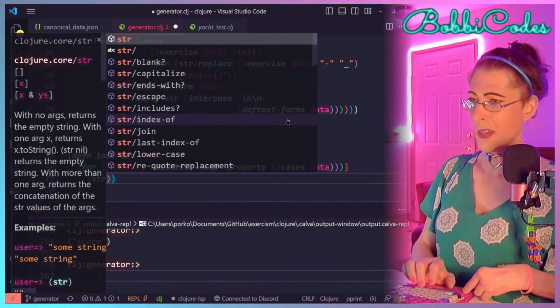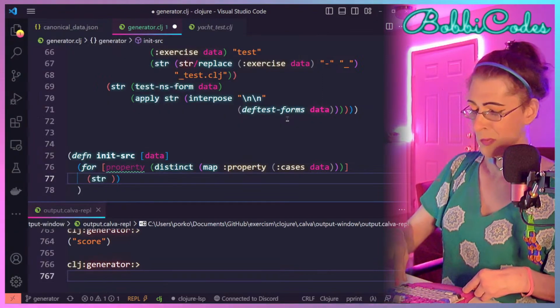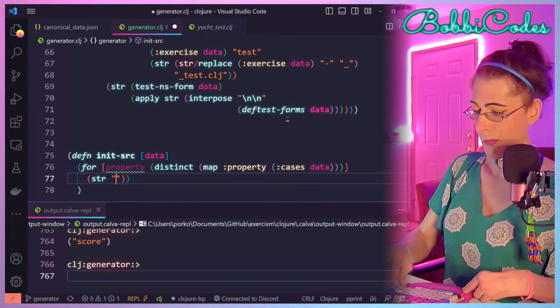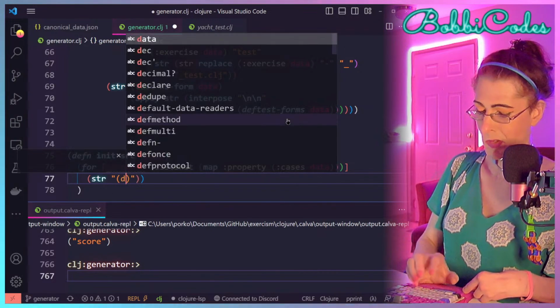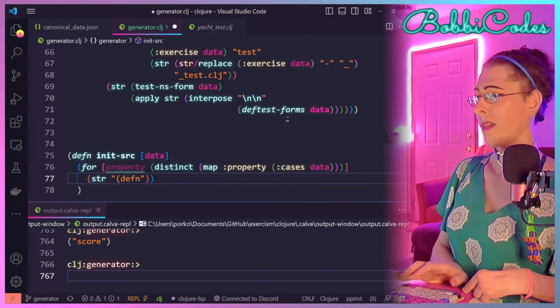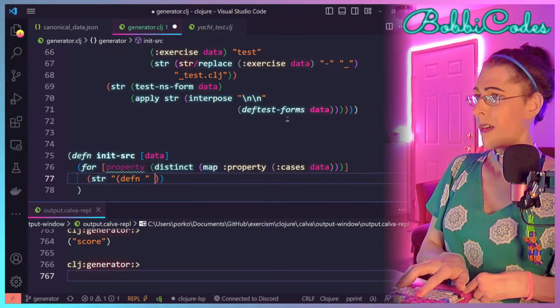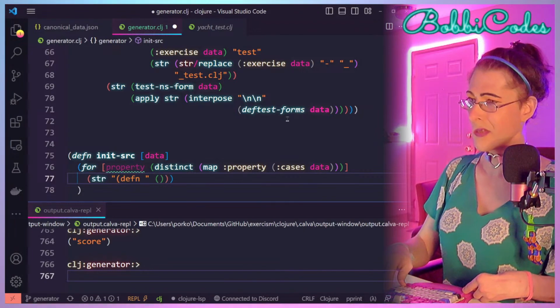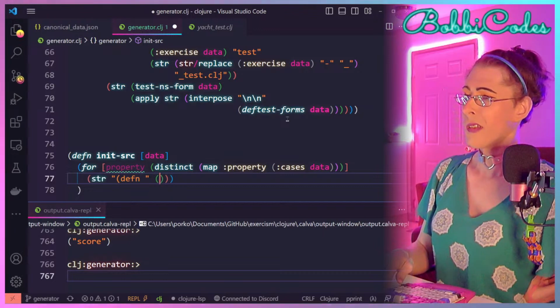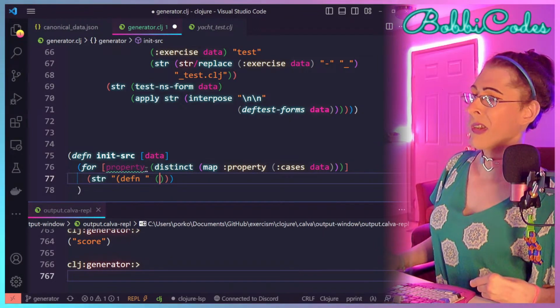We will return some kind of concatenated string, which will be, we'll have defn, a space, the name of the exercise, wait, no, defn, yeah, just whatever the property is.